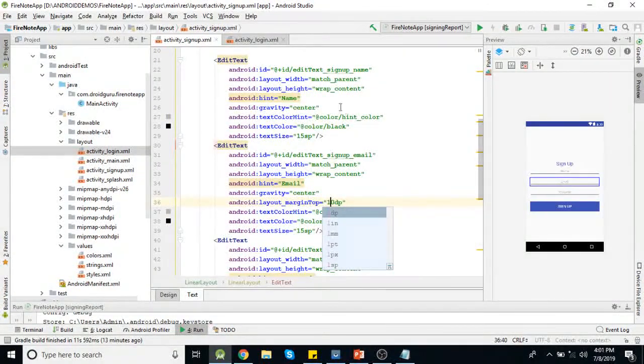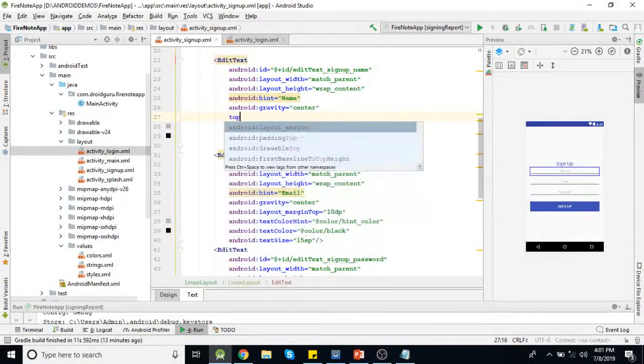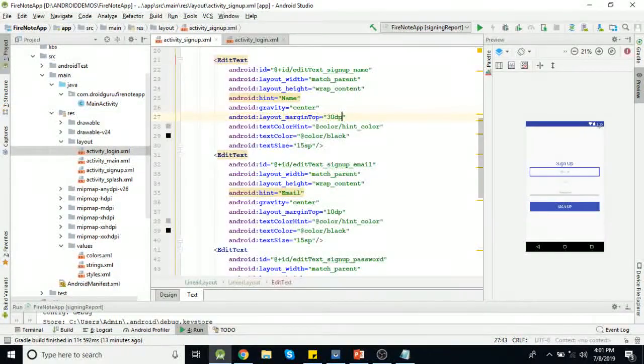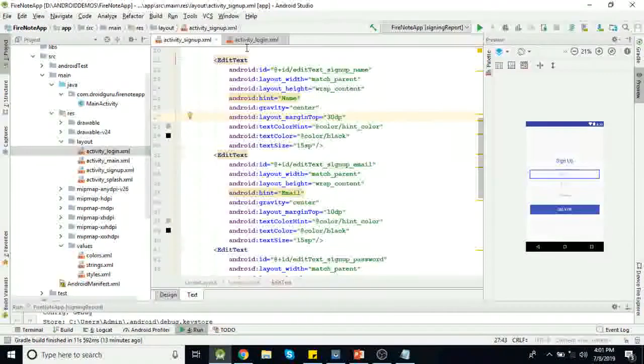Okay, this one. Okay. So this is the basic designing for our functionality. Now we'll see how we can implement sign up functionality using Firebase authentication.